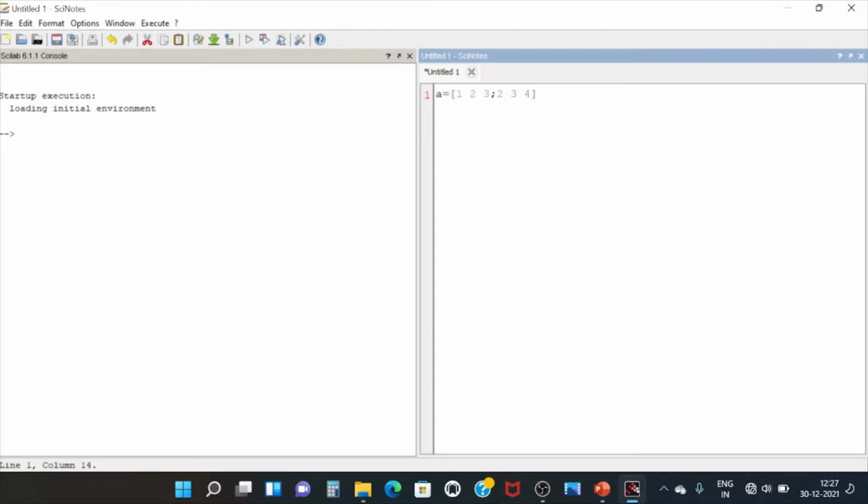This is the second row of matrix A. For the third row you put a semicolon again, and suppose you take 2, 5 and 7. So 1 2 3 is the first row, 2 3 4 is the second row, and 2 5 7 is the third row of matrix A.